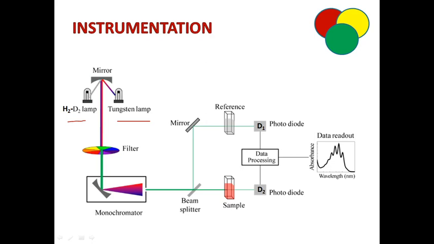Okay, now when the light passes, it falls onto the surface of a mirror. So a mirror can reflect the radiation that comes from the light source, and the reflected radiation has to pass towards the filter. Here filters are present. Now these filters filter the radiation that comes from the reflection. Here the filtration takes place. After the filtration, the beam passes towards the monochromator.